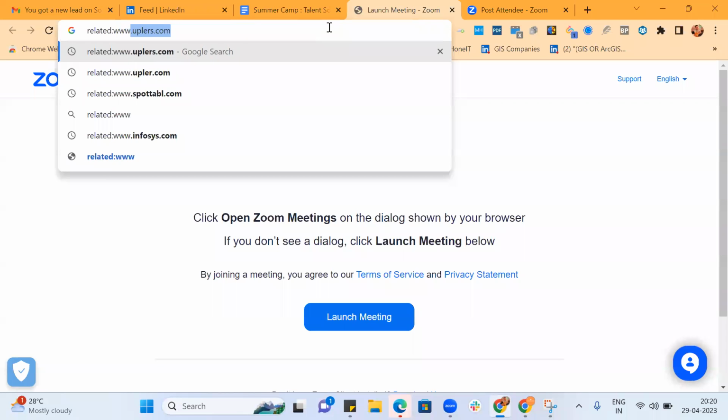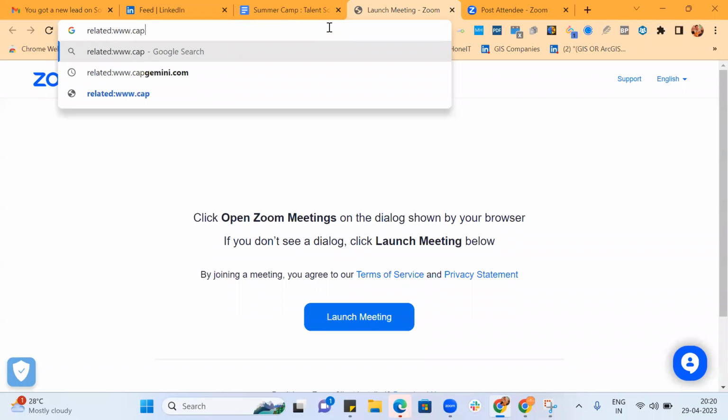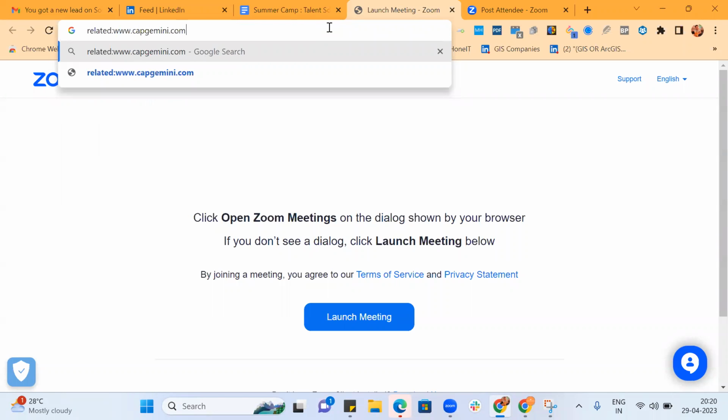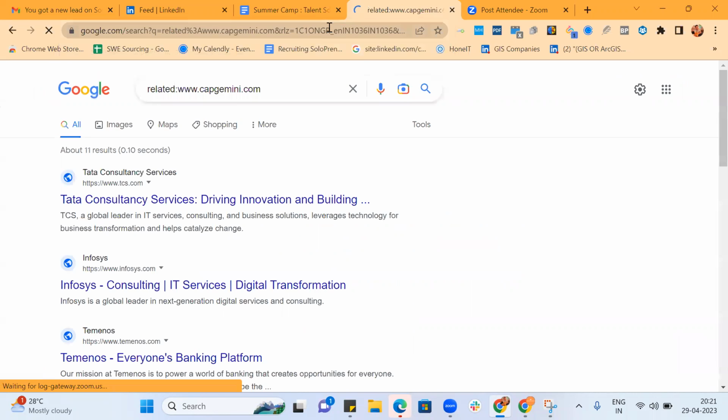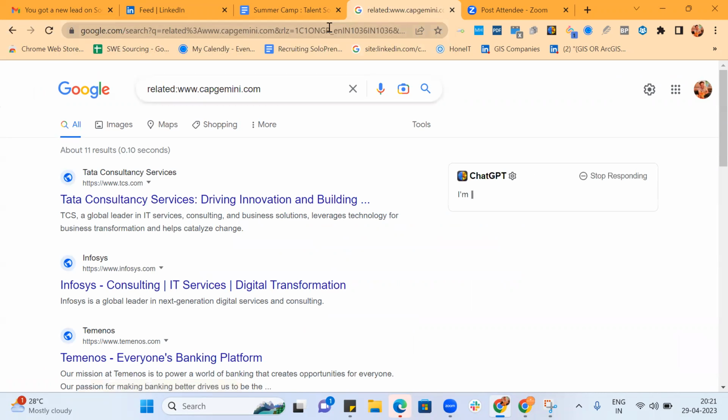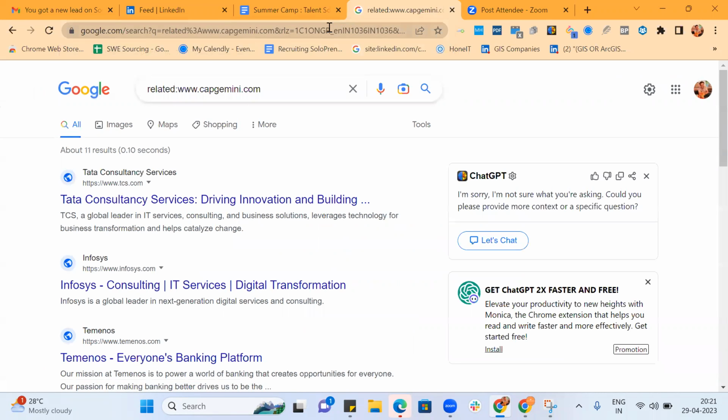Related: www.capgemini.com. What the related operator does is read the capgemini.com website, look at the text on it, and match similar text existing on other websites, and then show those results. That is the reason that when we tried related colon www.capgemini.com, we started getting a list of results